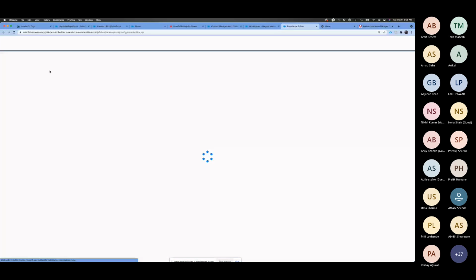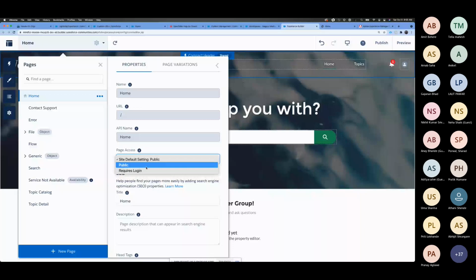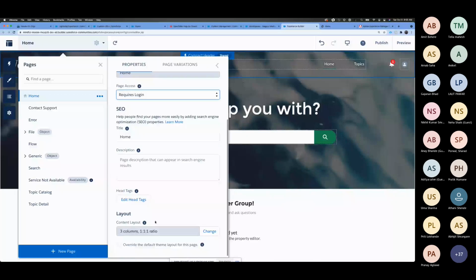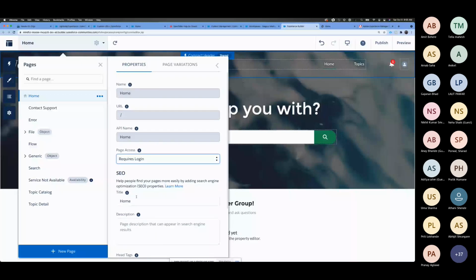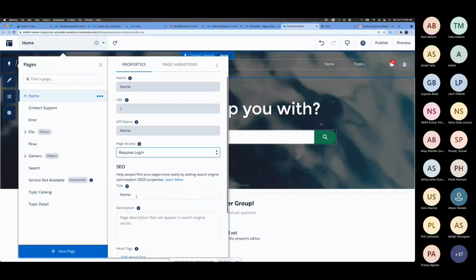If you go into your home page, it should not be default; it says requires login. The home one, any page, wherever you want to redirect after login, that page should not be a public page. And the home one also has page access as required login. Yes.